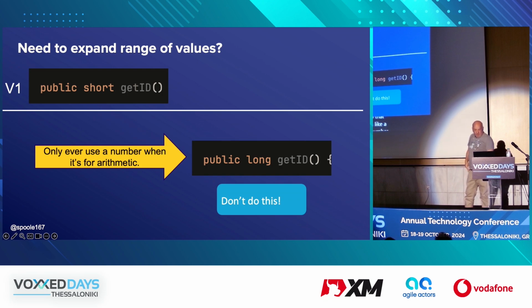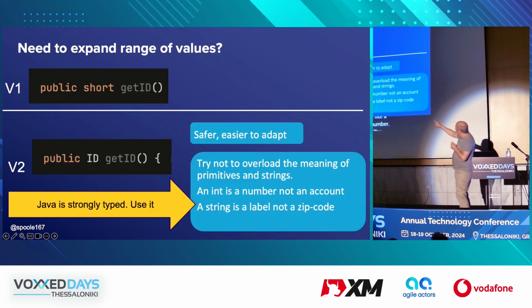You have strong typing, right? You can create types of ID. It doesn't cost you anything, apart from a few lines of code. And then you can evolve it. And so at the point when it stops being digits and you want alphanumeric in there, then you can deal with it.